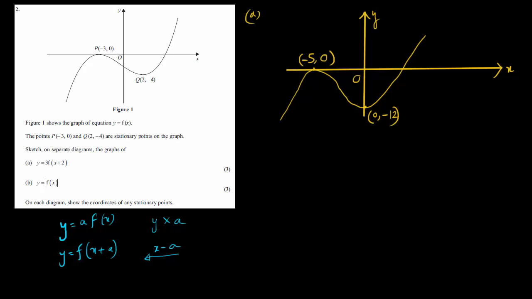In question number B, we have to do absolute value. So absolute value means there would be reflection on the x-axis, meaning anything below the x-axis has to be reflected upwards and made positive. That is the main idea of this, reflection on the x-axis. Nothing can be below the x-axis. So what we do over here,